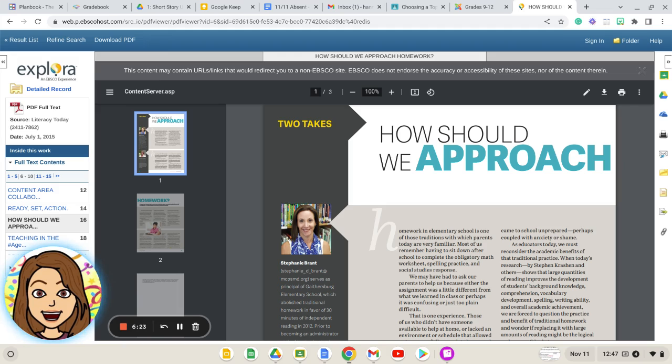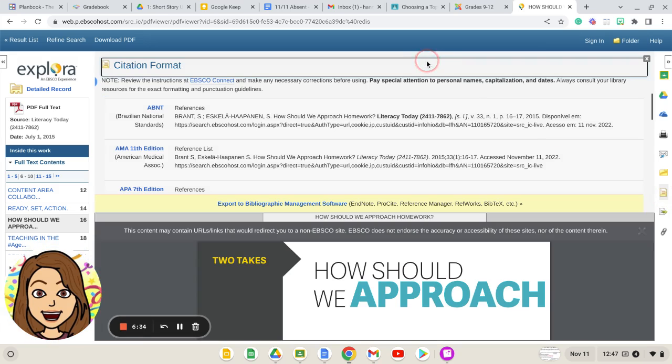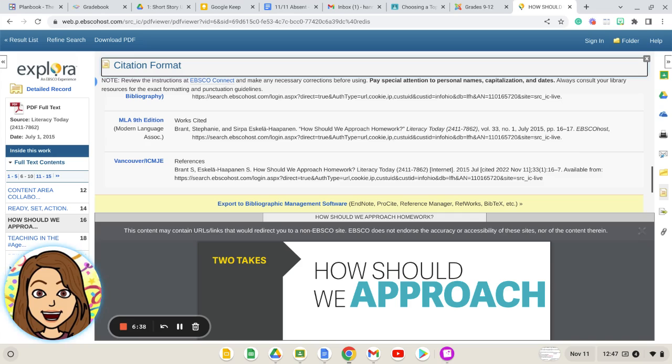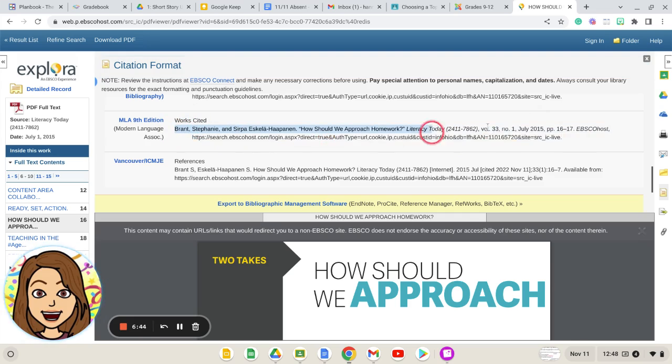Okay, so we talked about how we save it to our Google Drive. The other beautiful thing about it is that it'll help us cite it. So if we go to this little paper guy over here and click this, it pulls up every type of citation I could ever want for this article. We use MLA in English because that is part of our discipline. I don't need this works cited part, but I would copy this citation right here, and then I would go and paste it into my Noodle Tool sources,